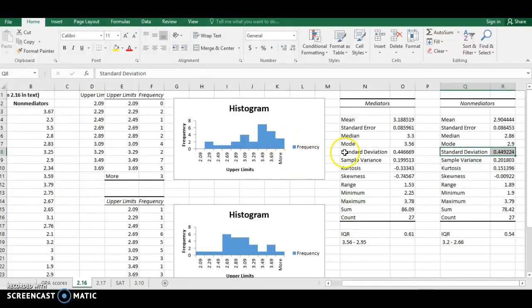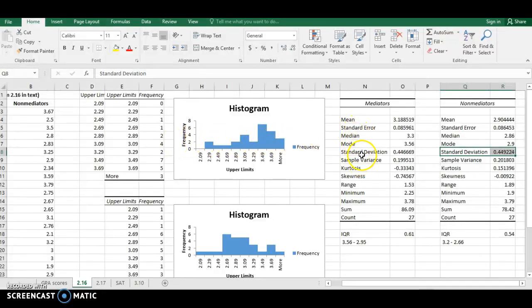Both of these have very close to the same standard deviation, basically meaning that they're both about equally spread out to each other. Even though they're not symmetrical, the clump of the data altogether around the mean and median are roughly the same. If I took some of these values and spread them out even further, made them large, like up in the 4 range, and pushed some of these values down below 2,